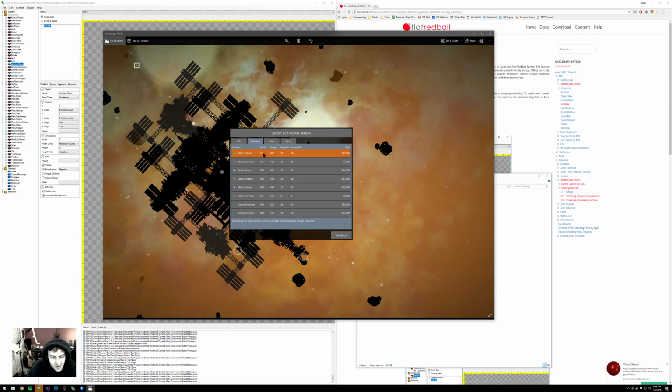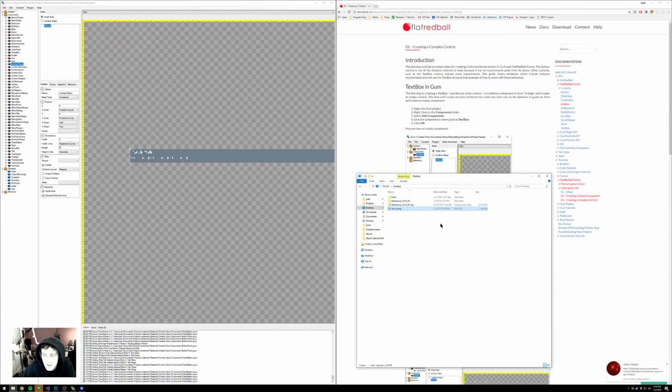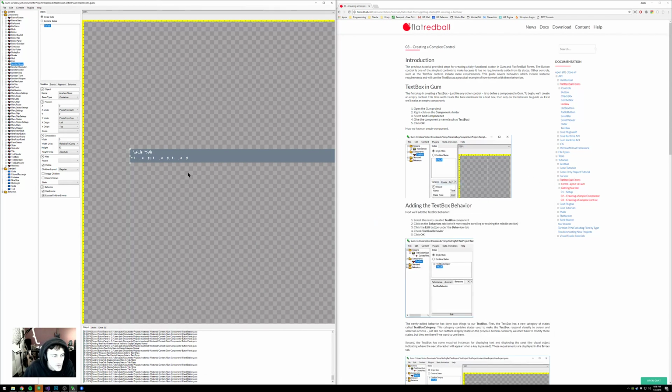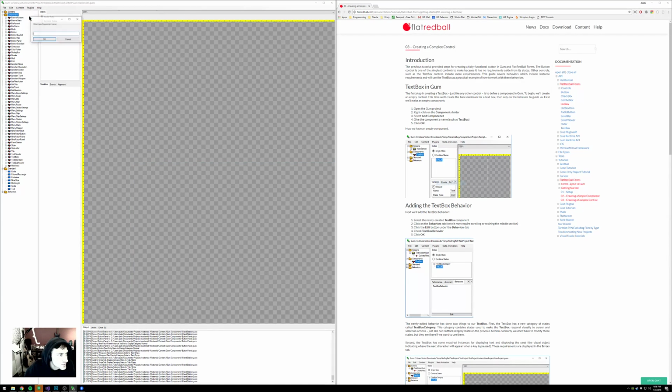So if I put all of the text in a horizontal stack container, then I should be able to put 0 or 10 in there and they just nicely stack out. So let's try that. So we're going to just call this component list box. I don't know if that's a reserved word, if that'll break something, but we're going to add